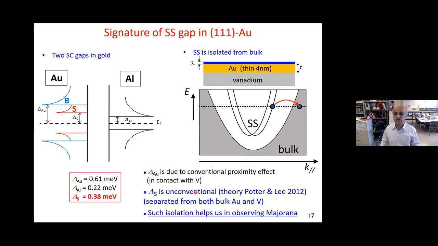The nice thing about this is that the surface state is sort of isolated from the bulk in some sense. So you can call it a sort of floating 2D layer, an electron gas system, because it is not completely coupled with the bulk system. At the same time, you can still couple enough so that you can have superconductivity induced in the system. This actually helps in retaining the Majorana without it being leaked away into the bulk of the system. So we have a nice 2D layer system, slightly isolated from the bulk, which is superconducting.